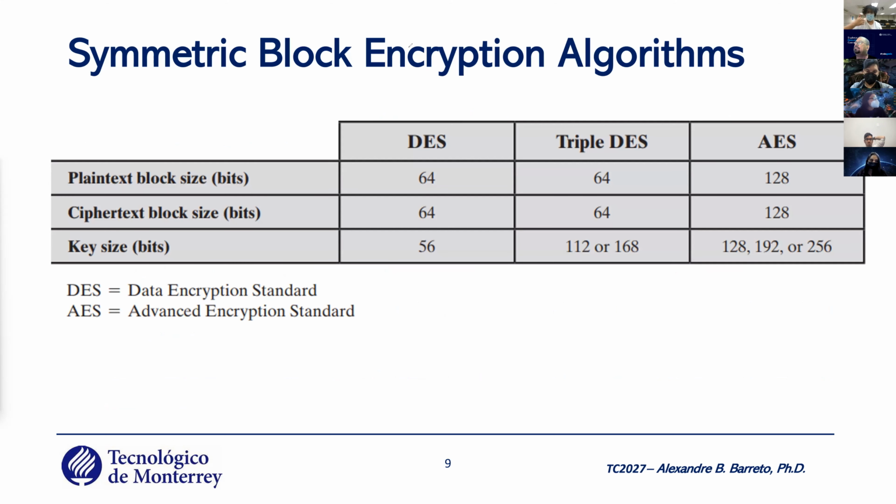So the most common symmetric block encryption algorithms, the most famous is the DES, the triple DES, I will explain both, and the AES. The AES doesn't use Feistel, okay? The AES uses another math operation,